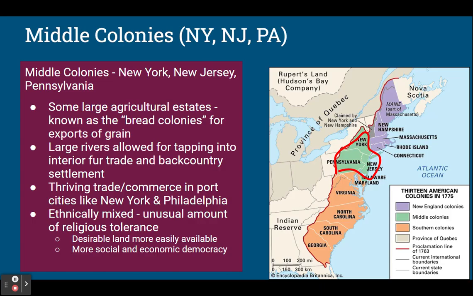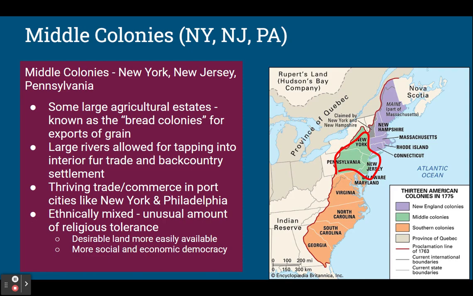And unlike New England, they were very ethnically mixed. There were a lot of settlers from different parts of Europe, not just Britain, because of their kind of unusual amount of religious tolerance. The Quakers were a denomination that lived in this region, and they were very, very religiously tolerant. So this unusual amount of religious tolerance led to a lot more of an ethnic, cultural, and religious mixing